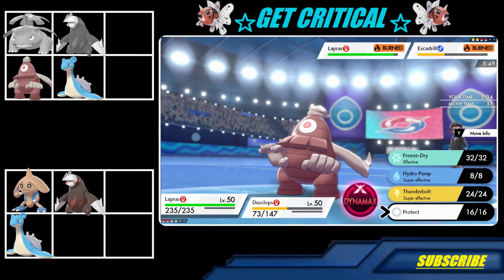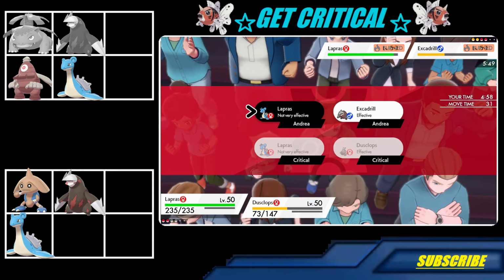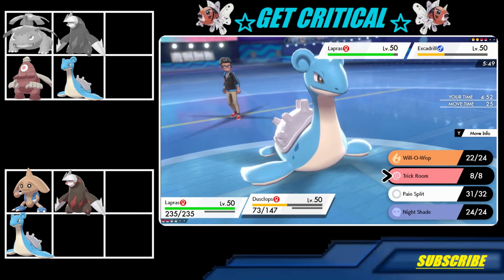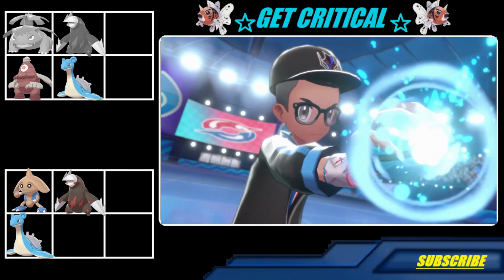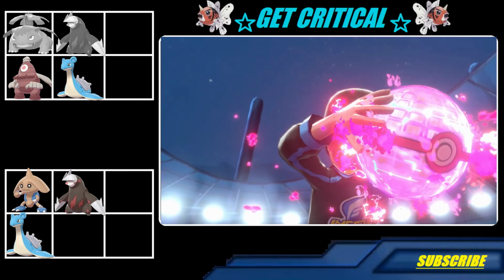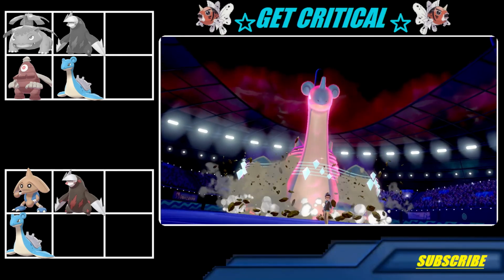So I'm kind of trying to decide whether I want to go for the Max Lightning or the G-Max Resonance. I do go for the G-Max Resonance because I'm still not entirely sure if he's the Weakness Policy set. I don't want him to live and then retaliate and defeat me with a T-Bolt of his own. So I go for the G-Max Resonance, targeting his Excadrill slot, since I'm pretty sure that'll KO it, seeing as